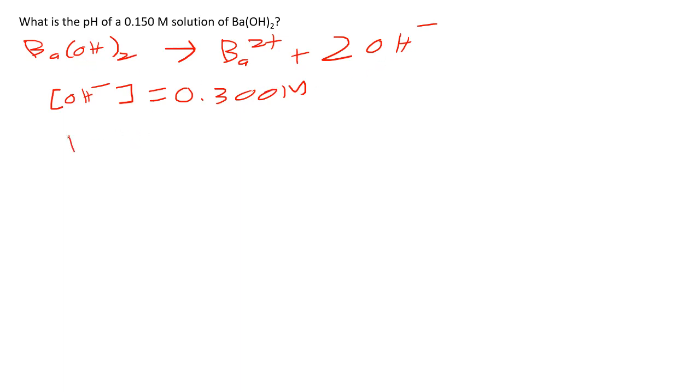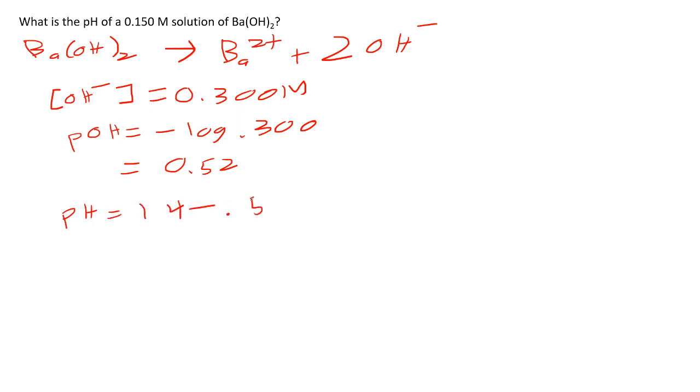Then we can solve this similar to problem 1, where we find the pOH, which is the negative log of 0.300. We take that, and we get 0.52. We can then use our equation that pH equals 14 minus pOH, which in this case is 14 minus 0.52. That gets us a pH of 13.48. Because it was a strong base, this problem was quicker. You want to be able to identify your strong acids and strong bases easily, to help you with solving these problems. So now, let's look at a case where we don't have a strong, but instead a weak,